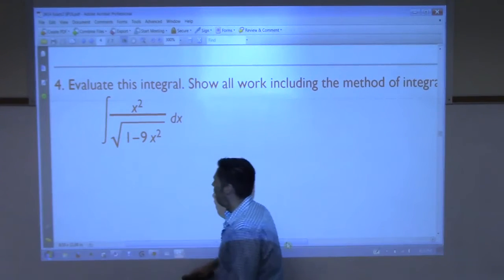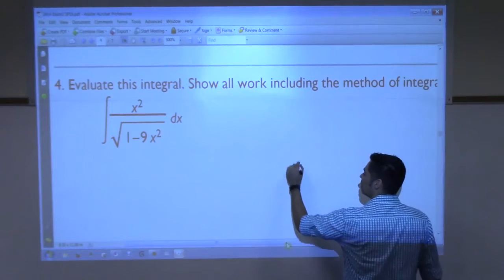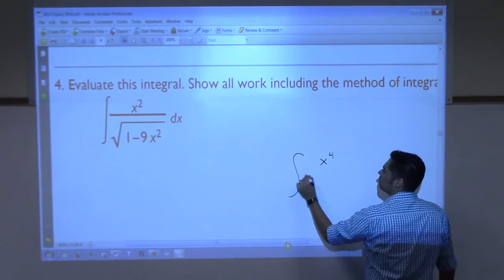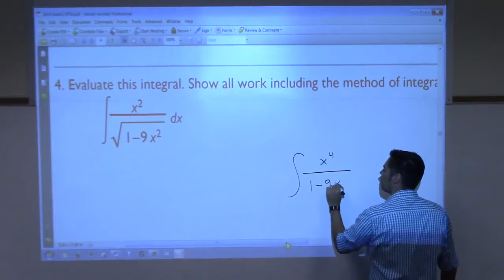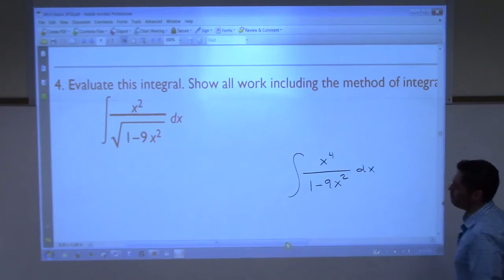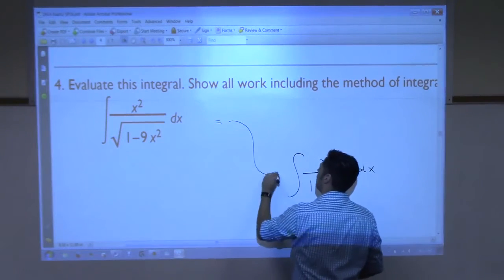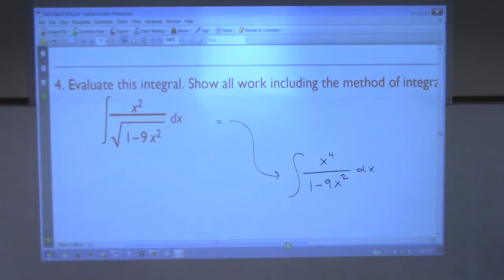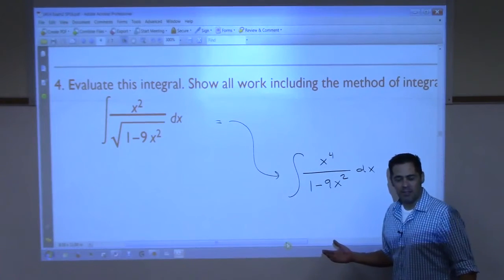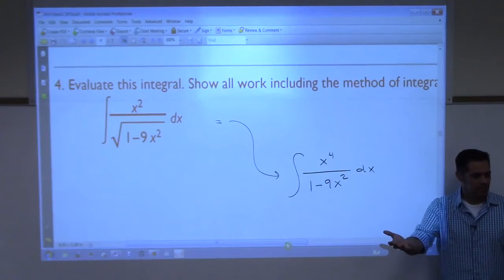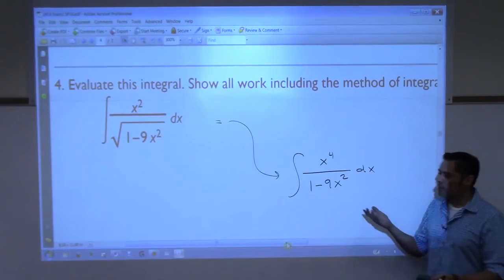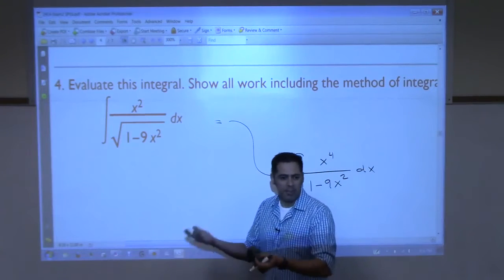Also, I'm only showing you this because I've seen this happen before. The student will take that and write that down. So like they go, this is equal to this. What did they do? They squared the top and bottom. They said, you know what, I don't like square roots, so I'm just going to square everything. You can't do that. You can square both sides of an equation. You're always allowed to do that. But you are never allowed to take an expression and just square it and expect that it's the same thing,